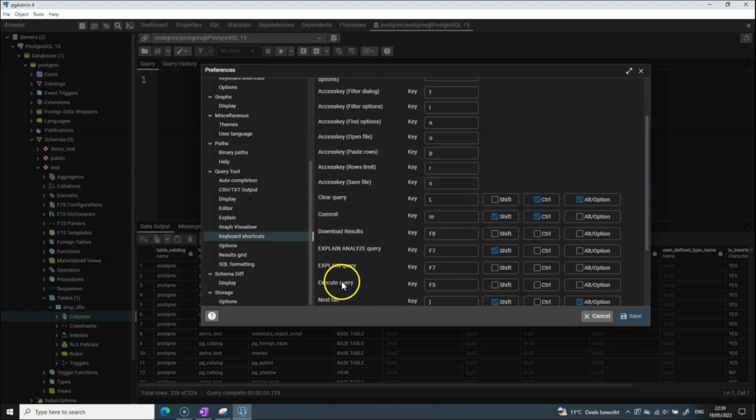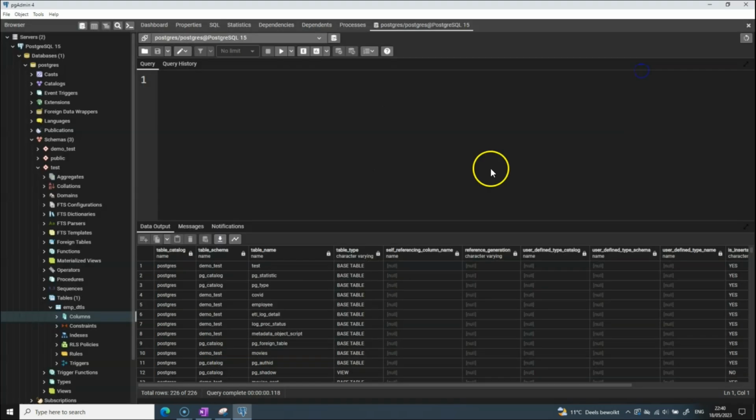You can see the execute query is F5, explain plan is F7. If you want to change something else, you can customize it. Even explain analyze is F7. Download result: if a result comes and you want to download it, what is the command? F8. So if you come here and just click F8,